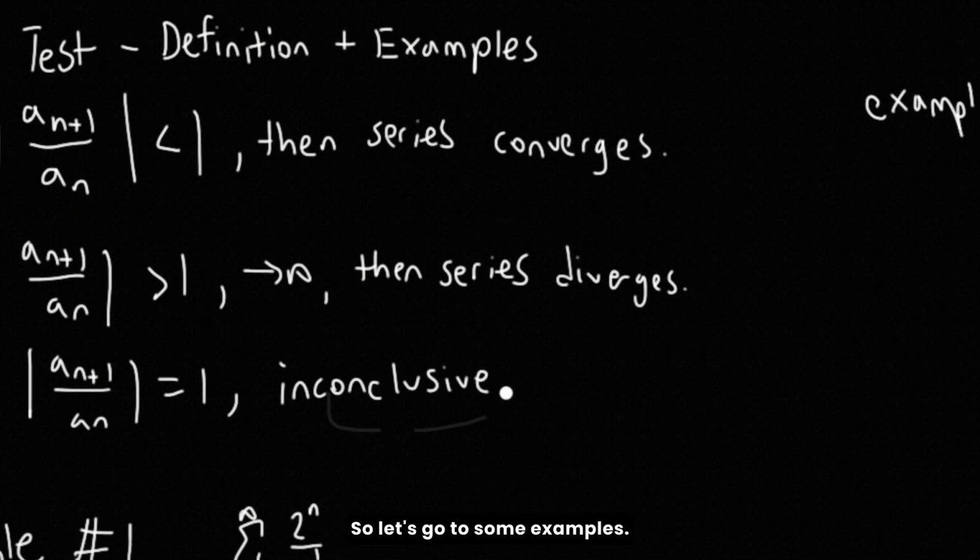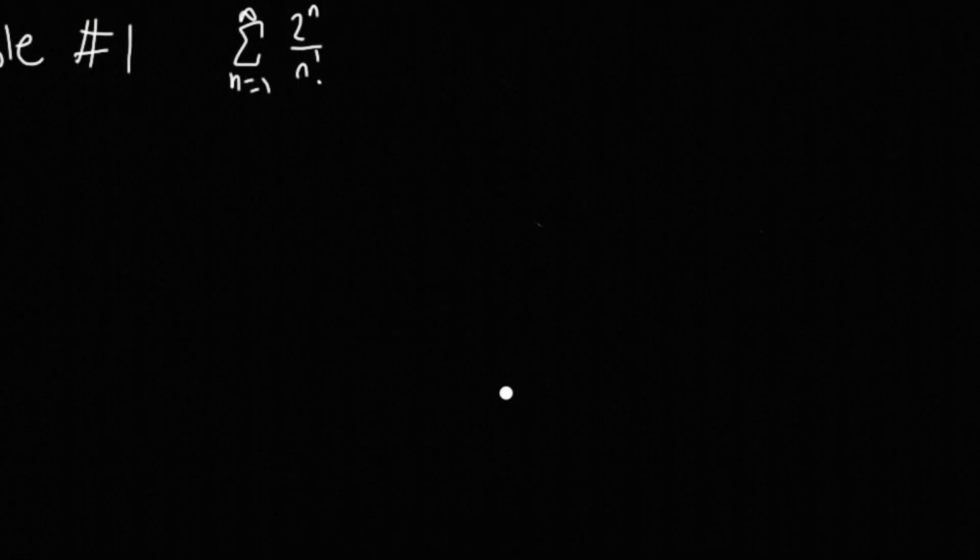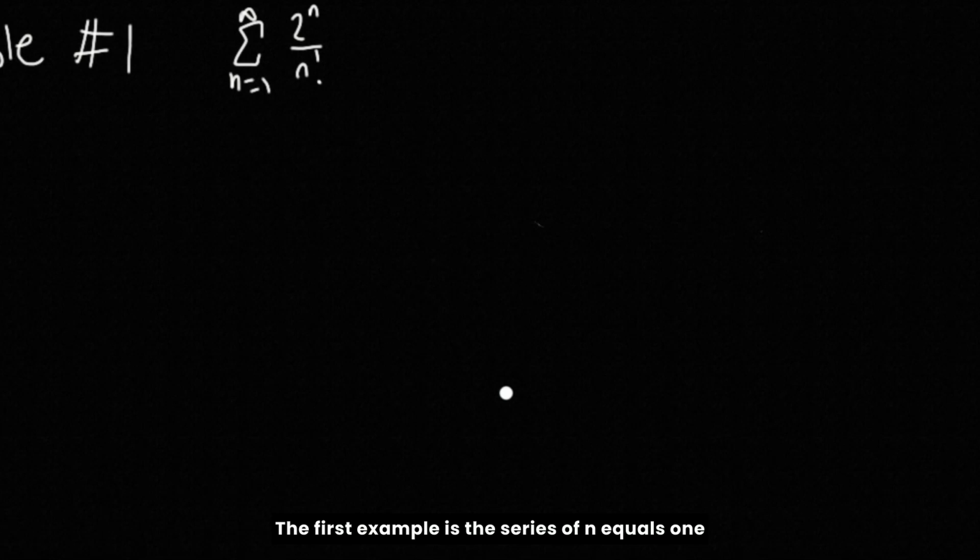So let's go to some examples. We'll start with an easy one. The first example is the series from n equals 1 to infinity of 2 to the n over n factorial. Right off the bat, because we see a factorial here, we can tell that we might need to use the ratio test. So if we hop right into that, we have the limit as n approaches infinity of the absolute